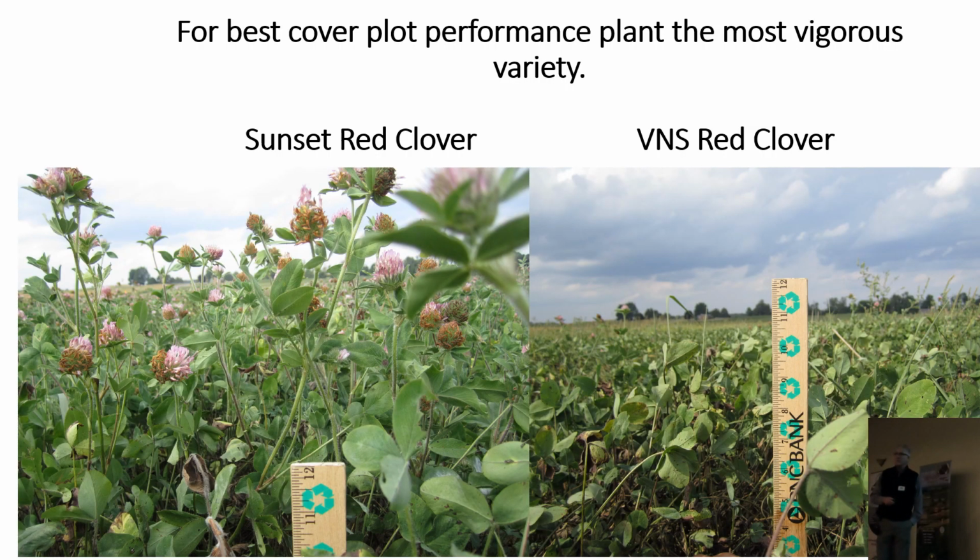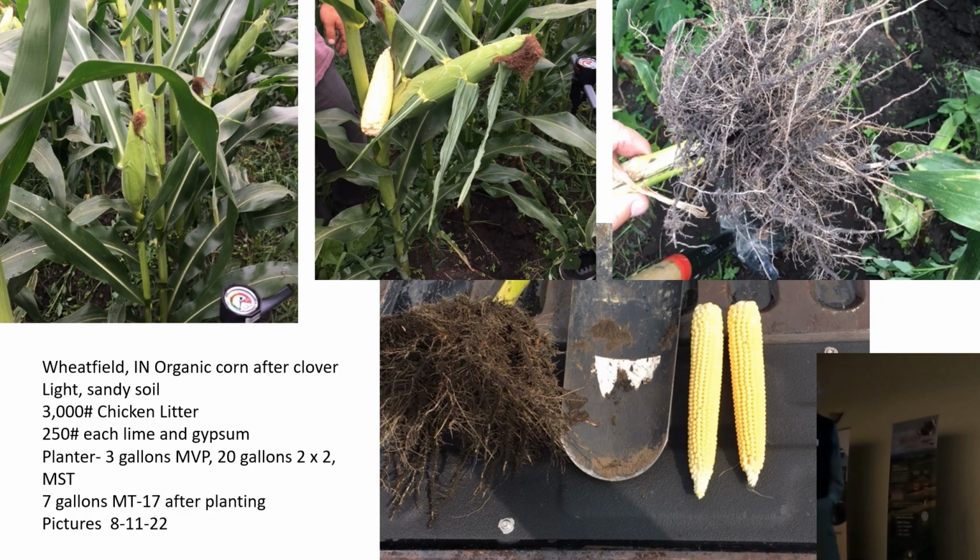This is Melvin Van Clay's field. He's actually here now. He was getting ready to grow organic popcorn also, and he's on light sandy soils in northwest Indiana. Following a clover cover crop out there the year before, he used a modest rate of chicken litter, 3,000 pounds. So he's not getting a terrible amount of nitrogen from the chicken litter,